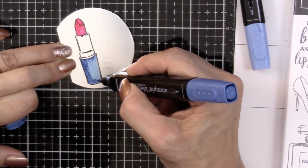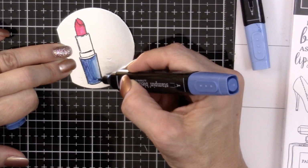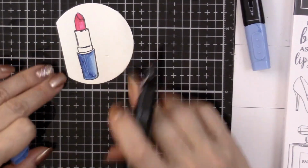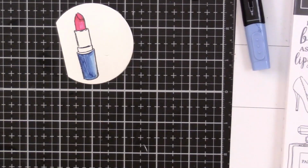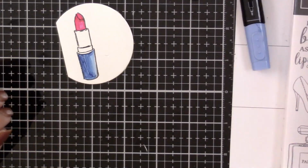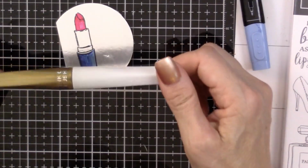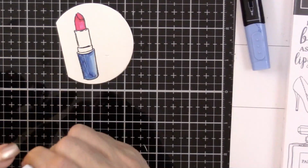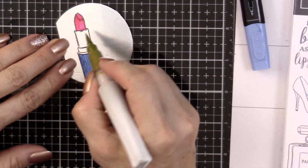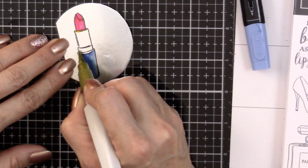There we go. And you kind of see how I have created a little bit of an ombre effect. I've created some dimension there. Then I have some Wink of Stella in gold, and all I did here was go along the lip, very lightly along the lip, and